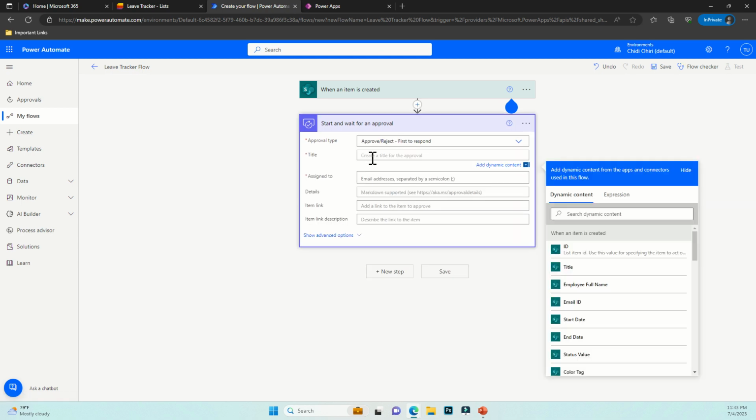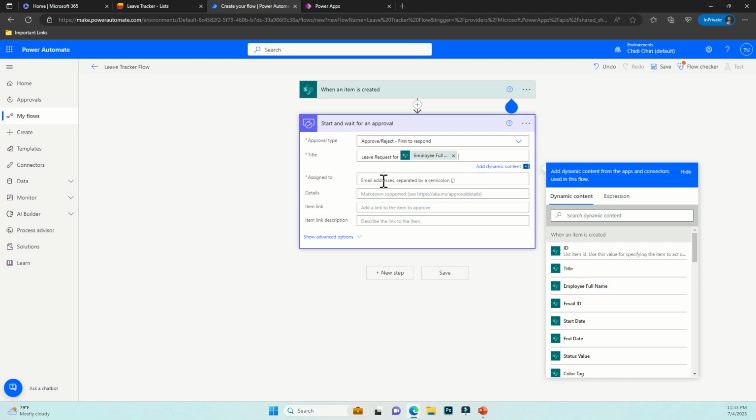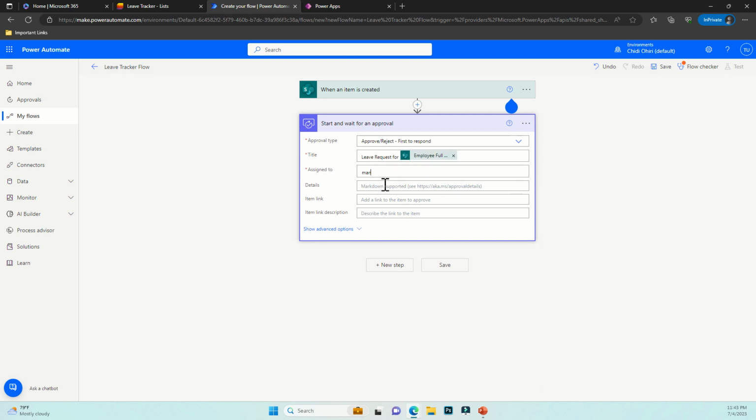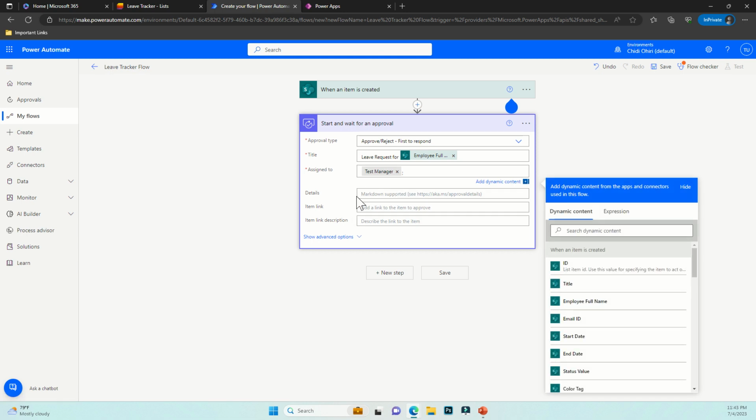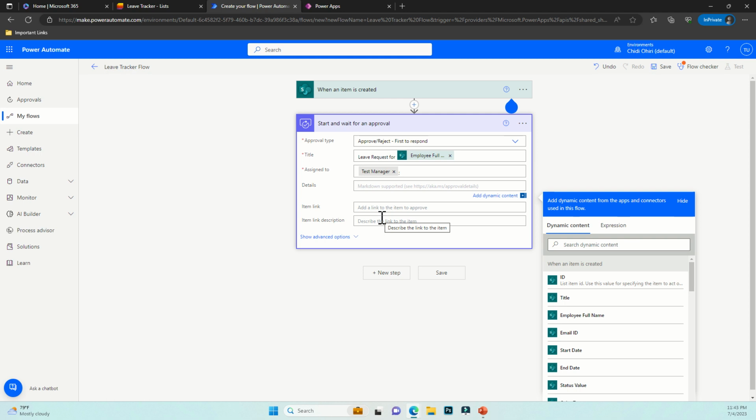Okay. And the title is we'll just say leave requests for employee full name, and let's assign this to manager. Sorry, that should be test manager. That's what I called it. So test manager, right? Yes. Obviously you can make this dynamic. You can add the user's manager here. I'll show you guys how to do that in another video though, but this one is just for the context